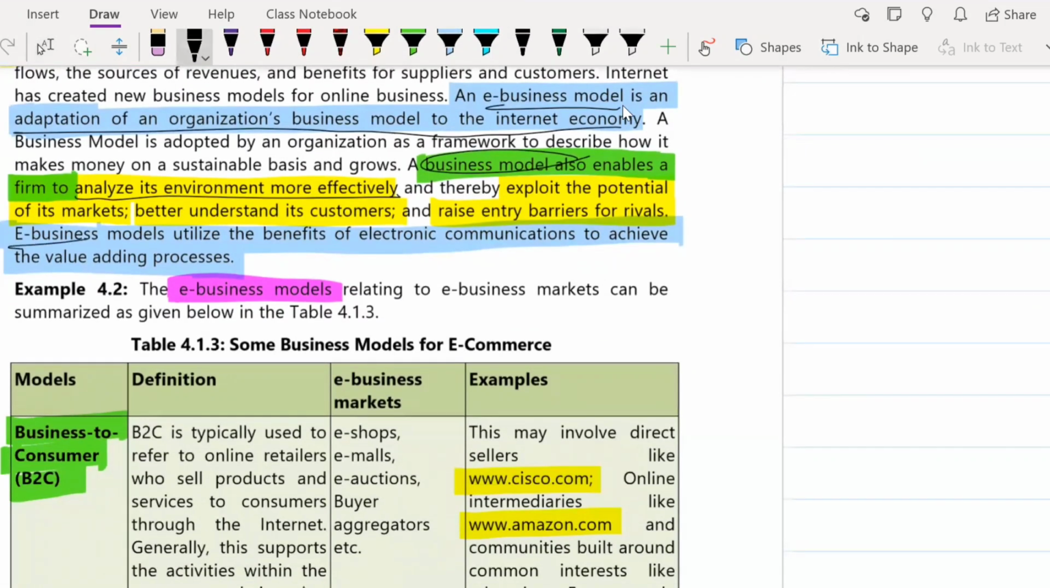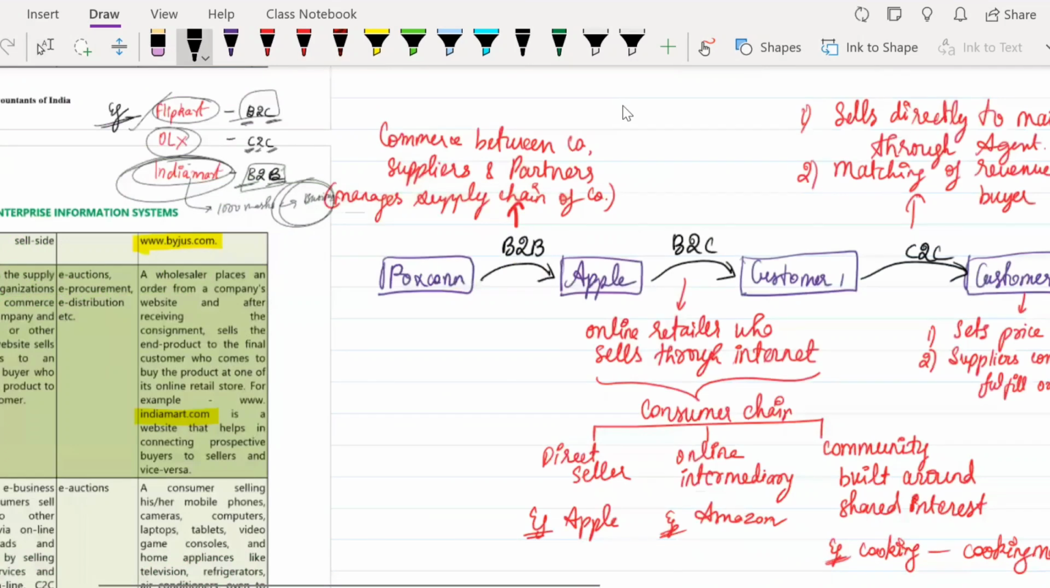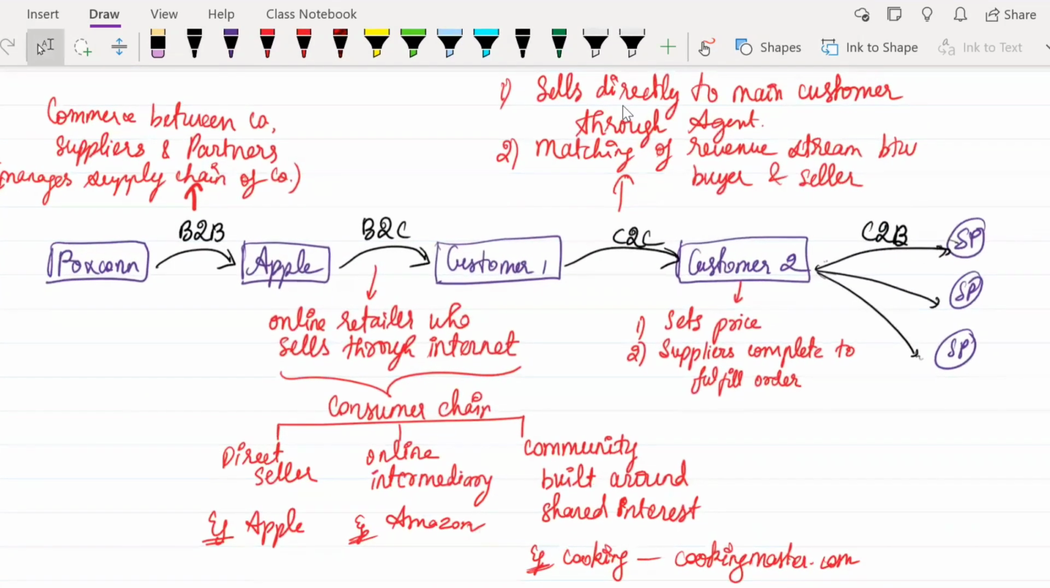E-business models utilize the benefits of electronic communication. Basically, these models, with the help of the internet, are using the space better. Now we are going to see the different kinds of business models. So first you have